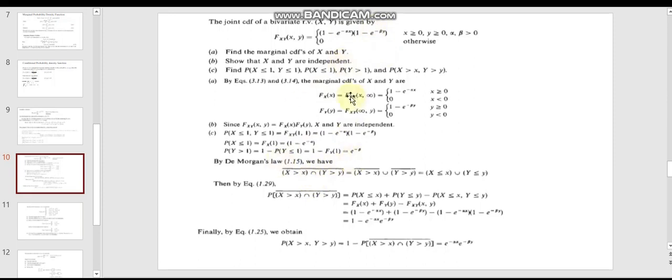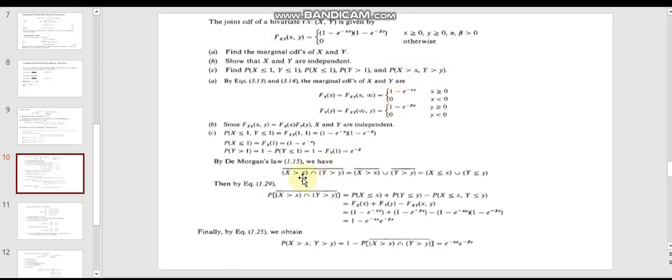this. Similarly for probability of y greater than 1, that is equal to 1 minus probability of y less than or equal to 1, which is equal to 1 minus CDF of y when y is equal to 1. So this is equal to e raised to power minus beta. By incorporating here, I will get e raised to power minus beta. It's quite simple. Next, the last part is when probability of x is greater than 1 and y is greater